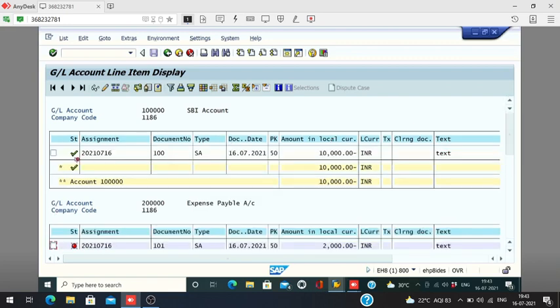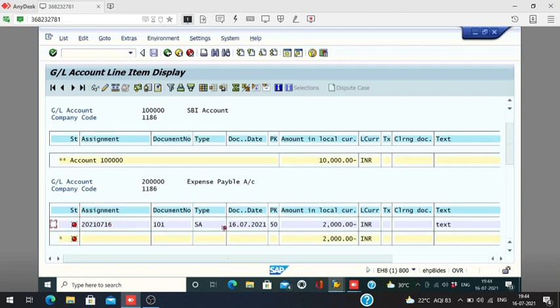See here, it's not an open item, so it is only showing the tick button, posted button. It is an open item because we didn't pay for these expenses. It is now a liability for you. You have to pay the expense payable.